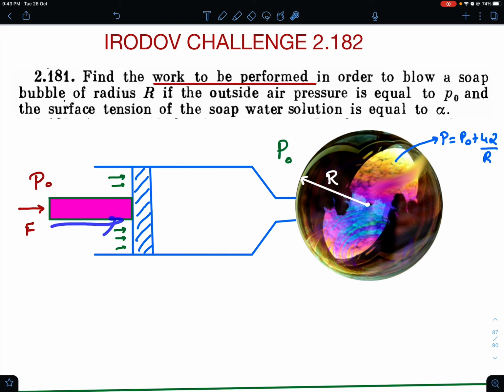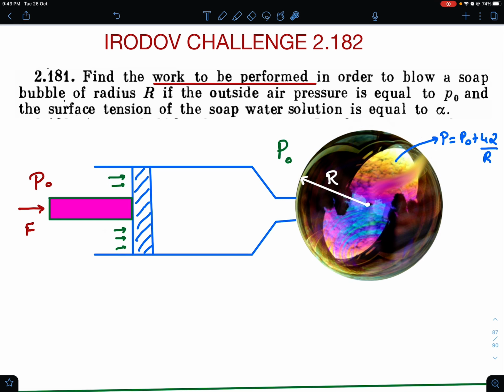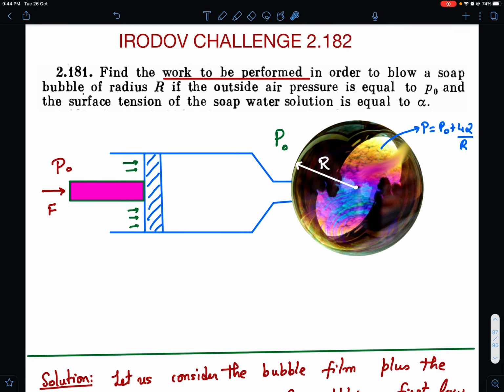Here the problem is that not only am I pushing the piston, but the atmosphere is also helping me push the piston, right? Because P naught is also acting inwards, and here it is expanding. So the atmosphere is doing some negative work on this boundary, but here the atmosphere is helping me do some positive work. Since overall volume is decreasing, overall we can say that the atmosphere is doing some positive work. So there comes the interpretation possibilities of this question, and you decide whether it's controversial or not.